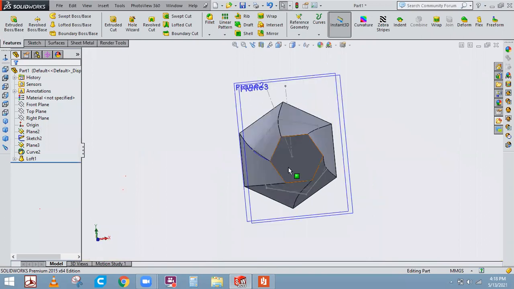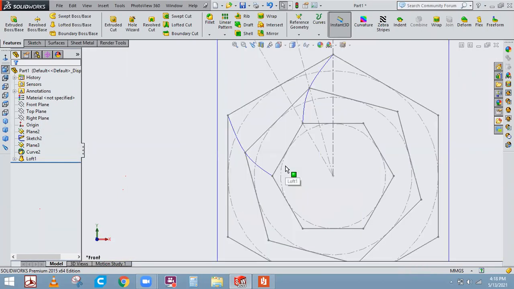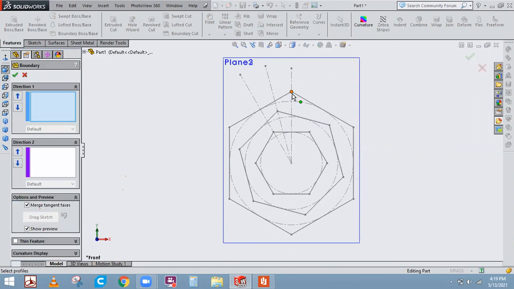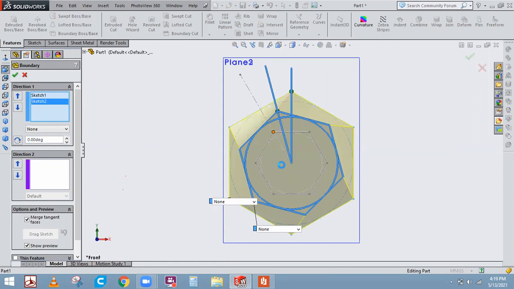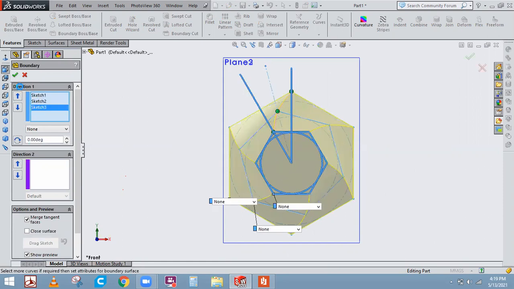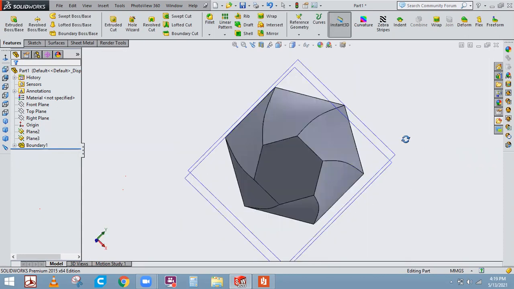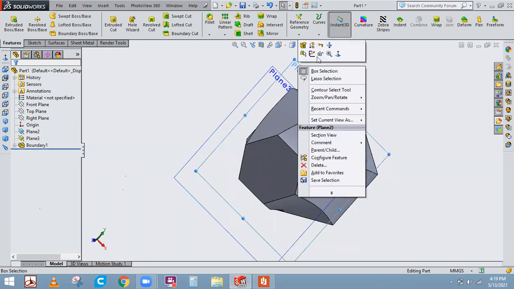Got it? Any issues? Yes, sir. Same way, if you want to create it without the guide curve, the option you have to use is called the boundary boss base. Just select this boundary boss base and go on selecting the tilted points like this, 1, 2, and 3. This will create with automatic guide curves once you select the tilted points. Okay, got it? Yes, sir. Any issues? No, sir.